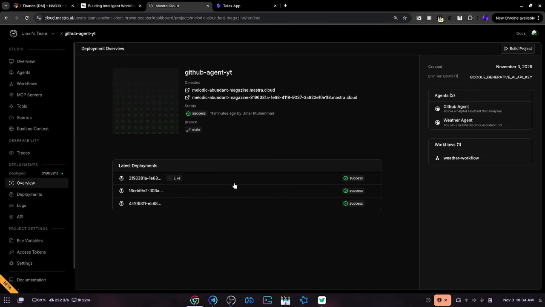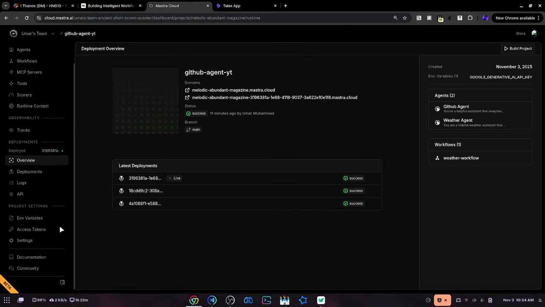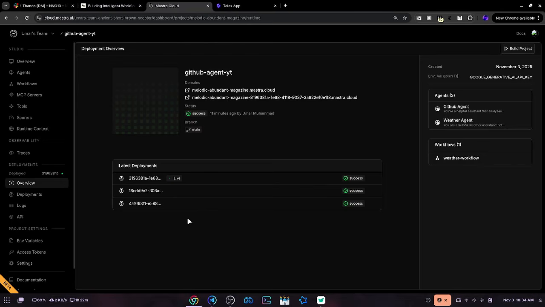Great, so the deployment is done. Yeah, I had to deploy it a couple of times, but I'm going to edit the video so you see all of the issues I faced before reaching this point. So from here you are going to have your domain here. Let's just copy the link address. Now we are ready to integrate into Telex, but before that, let's make sure we are actually